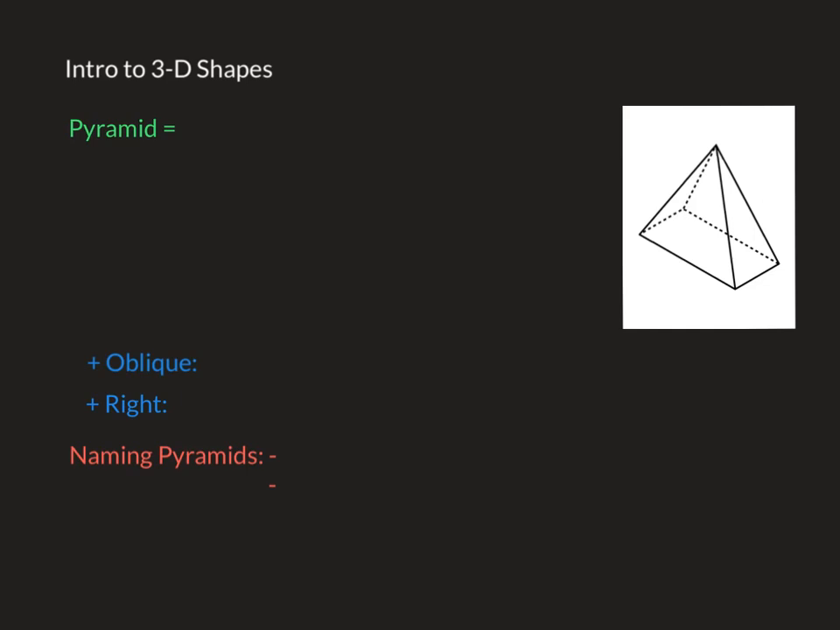Now, you may be wondering, what happens if the 3D shape we have isn't a prism? Well, there's one other large group of classifications for 3D shapes, and those are pyramids. In fact, what is a pyramid? Well, a pyramid is a polyhedron. Again, remember, that's just a 3D shape made up of polygons. It is a polyhedron that uses a polygon for the base